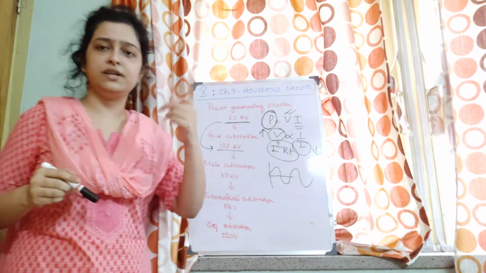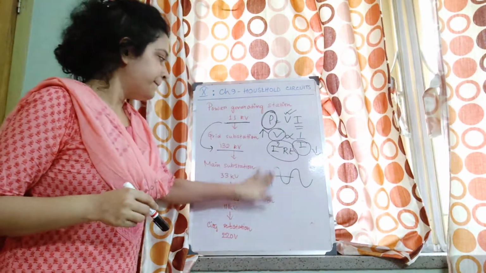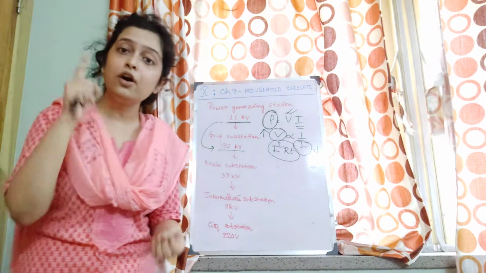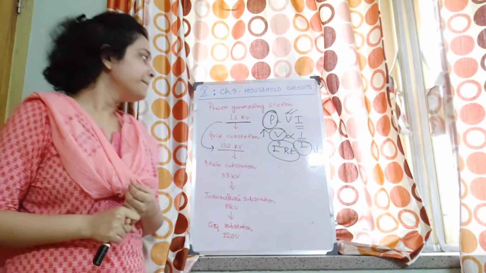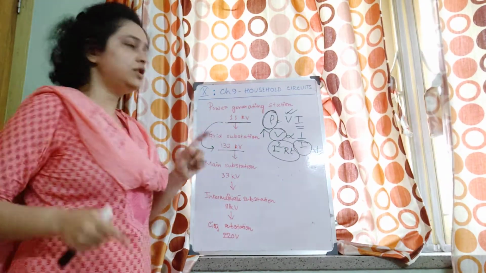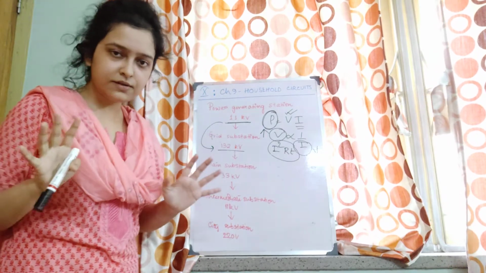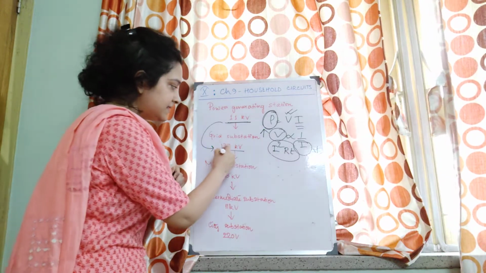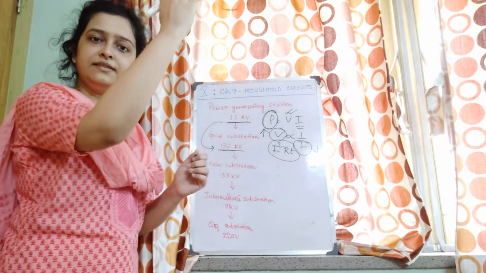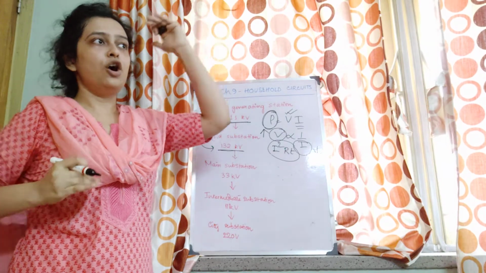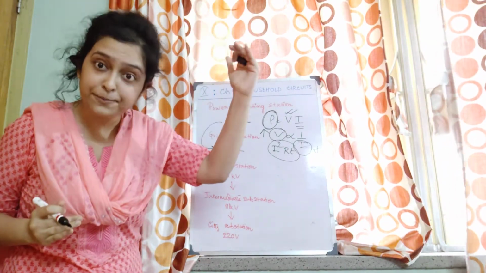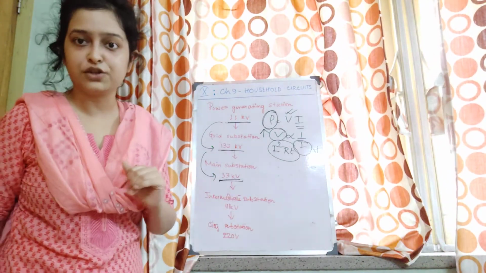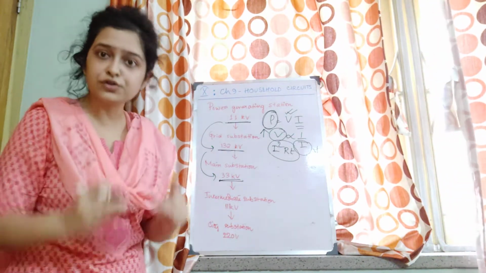Its direction and magnitude, it changes. So a transformer will work only on alternating current. That's why at the power generating station, alternating current is produced. And then at the substation, sometimes the voltage is increased. When we want to increase the EMF of an alternating current, we use a step up transformer. When we want to decrease the EMF of the alternating voltage, we use the step down transformer.